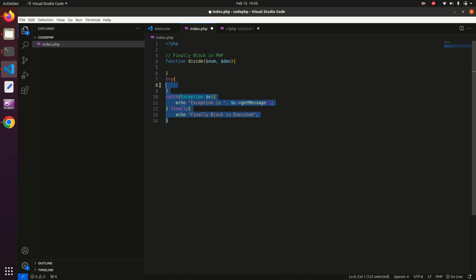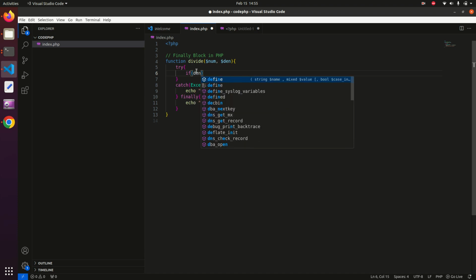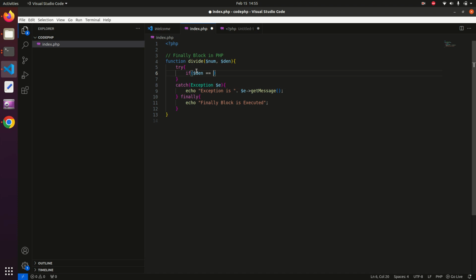In this function we will put our try catch block, and in the try block I'm saying that if the denominator is 0,